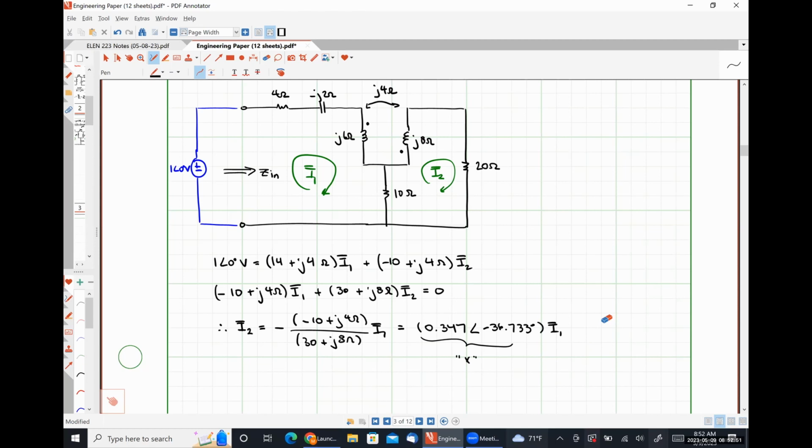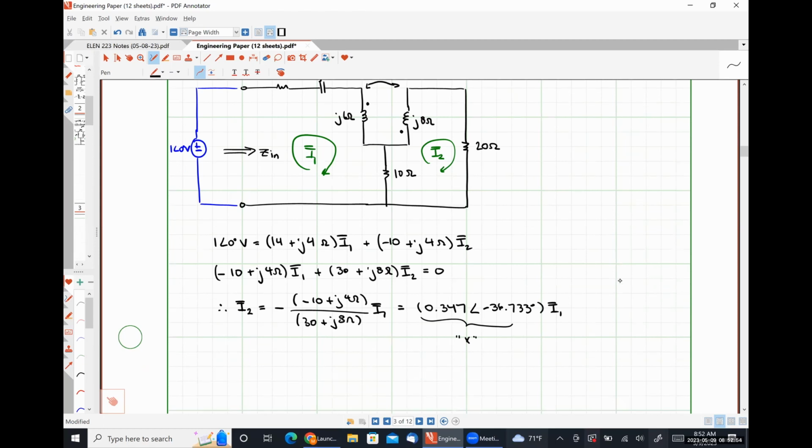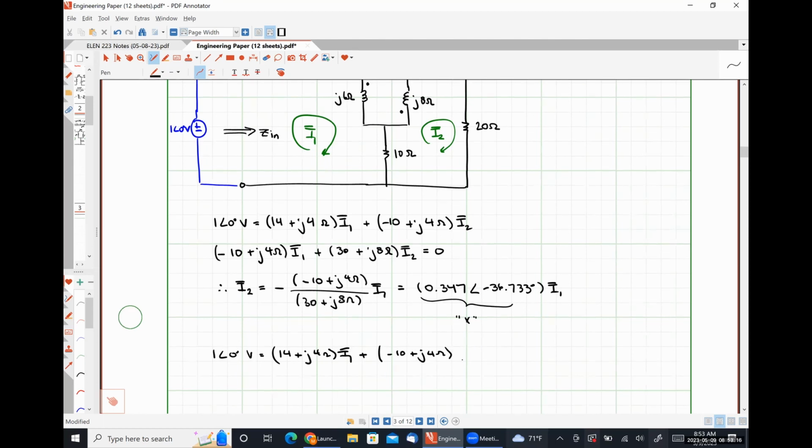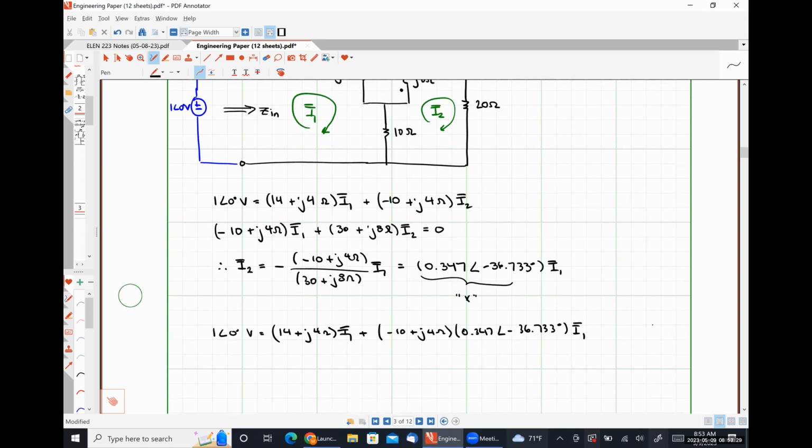If I substitute this relationship in, I have 1 angle 0 degrees volts will be equal to 14 plus j4 ohms times I1 plus negative 10 plus j4 ohms times what I have as X, 0.347 angle negative 36.733 degrees, times I1, and therefore